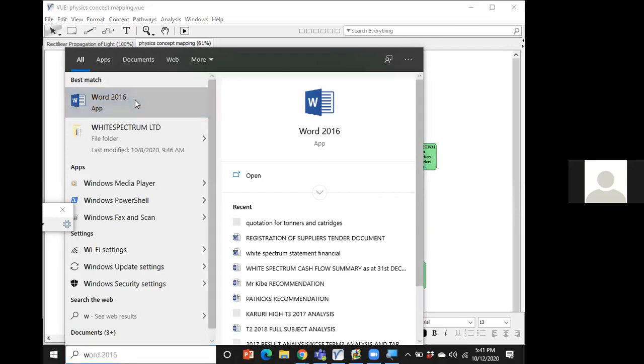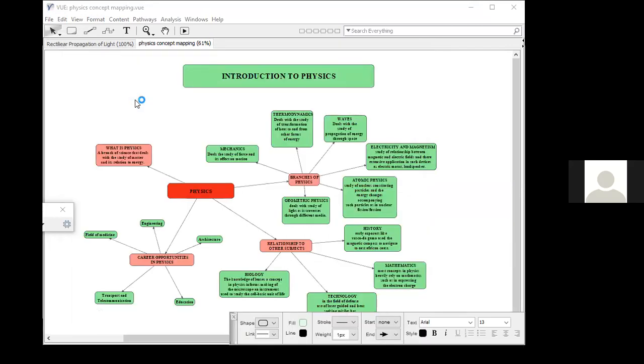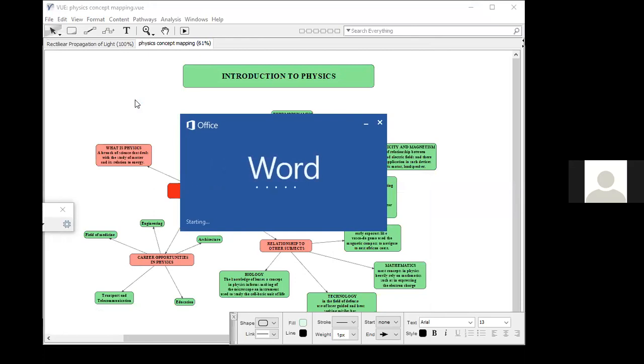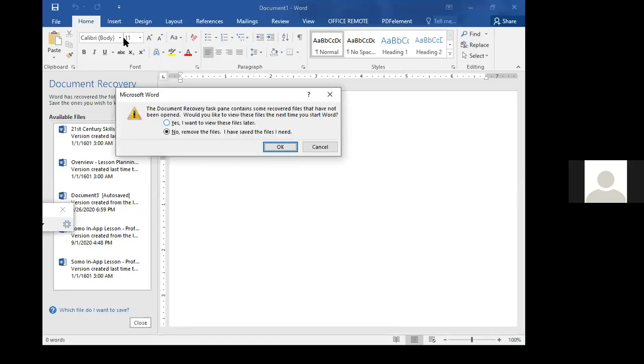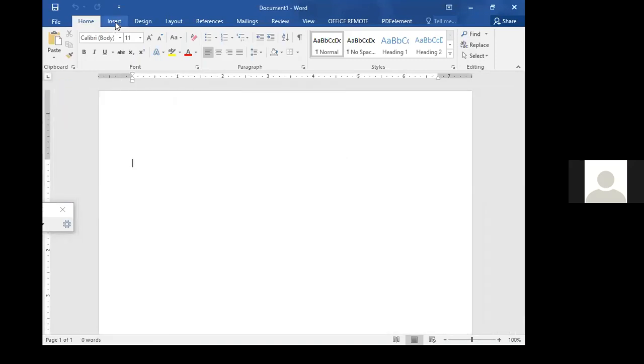I think it's okay. Let me just do a recap on that so that most people don't feel left out. So when you open your Microsoft Office Word, as it loads, then when you open a blank document like that, you go to the Insert tab.